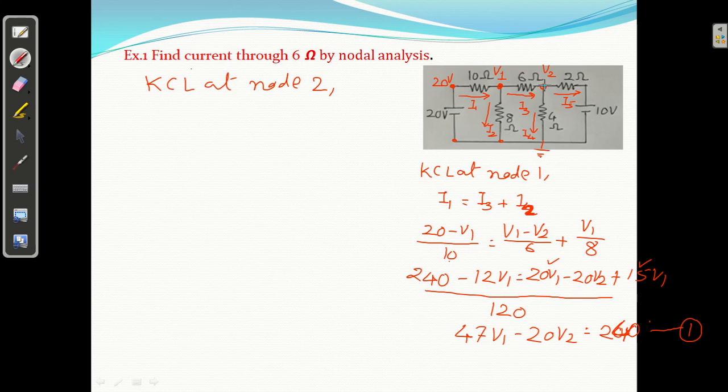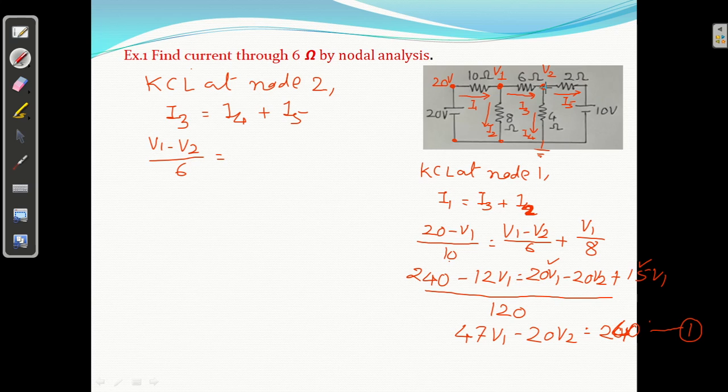KCL at node 2. What is the KCL at node 2? At this node you can say I3 is incoming, right? I3 is incoming, and I4 and I5 are outgoing. So I will write the KCL: I3 equal to I4 plus I5, right? I3 incoming, I4 and I5 outgoing. So I3, what is the value of I3? V1 minus V2 upon 6. V1 minus V2 upon 6 equal to